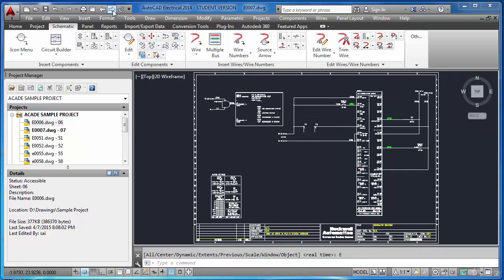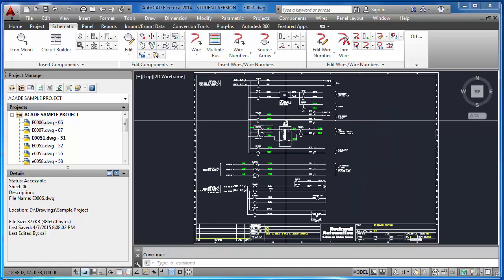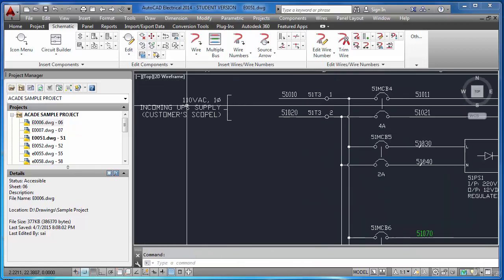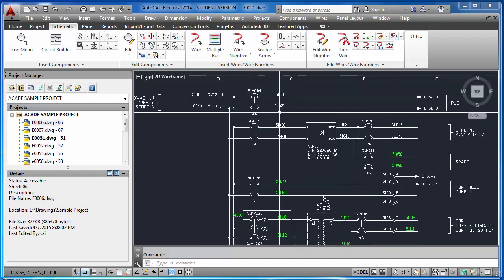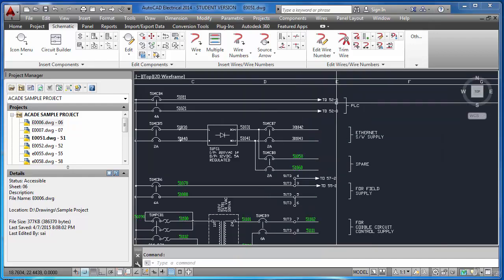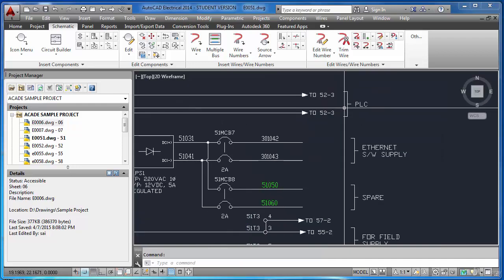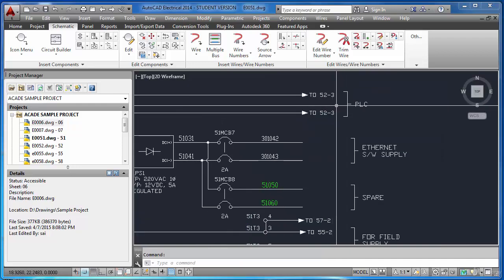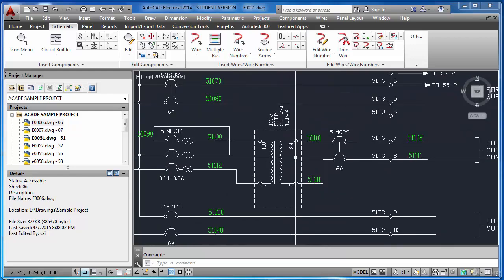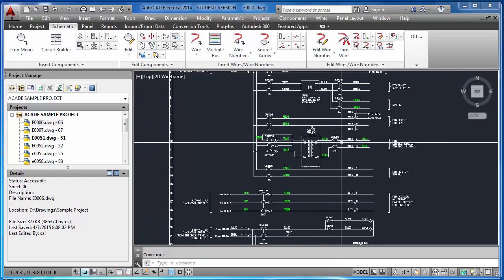If you go to the third sheet, this is basically a distribution with a 110 volt AC incoming UPS supply, a few MCBs, power supplies, transformer, and all there. This is PLC supply. Okay, and this is a 24 volt AC transformer. The output